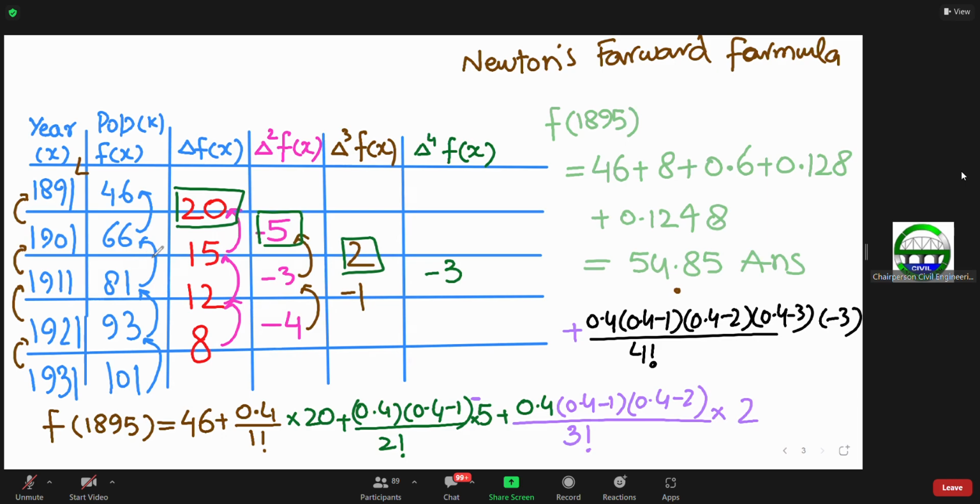So any question? Let me know if you have any question. Okay, so now you don't have any question. So I will remove this portion and then I will